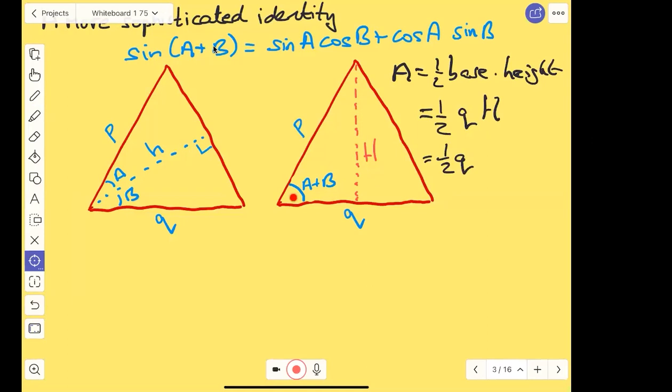Because what is the sine of A plus B in terms of H and P? Anyone type something in the chat or shout something? Sine of A plus B? Thank you, somebody sent me a message. It's H, the opposite, over